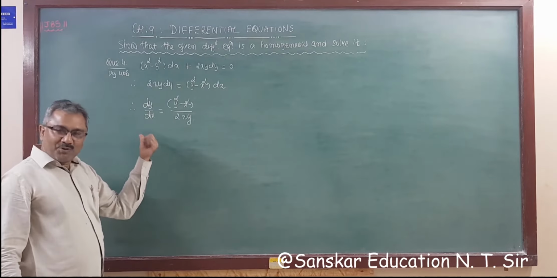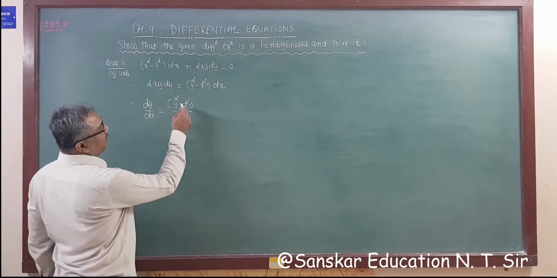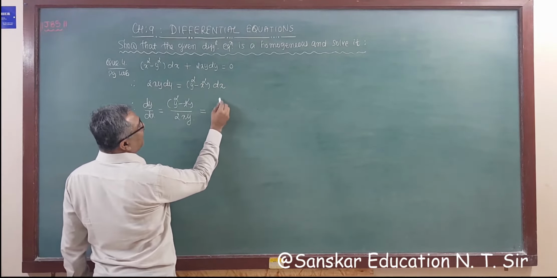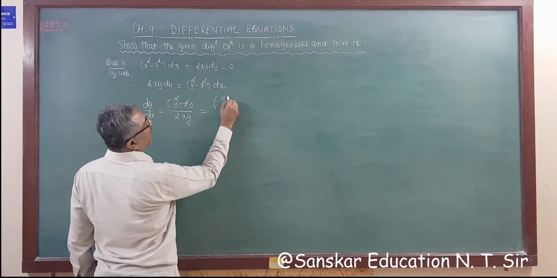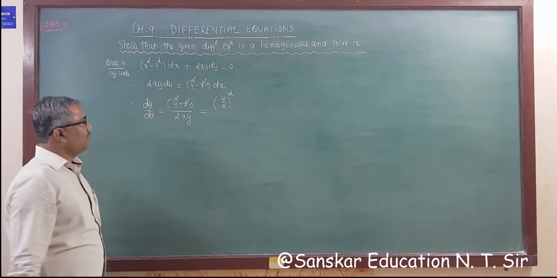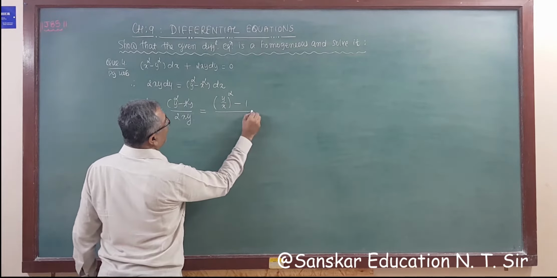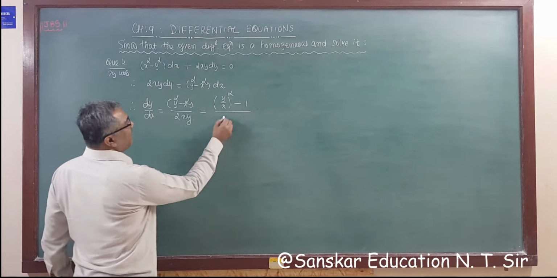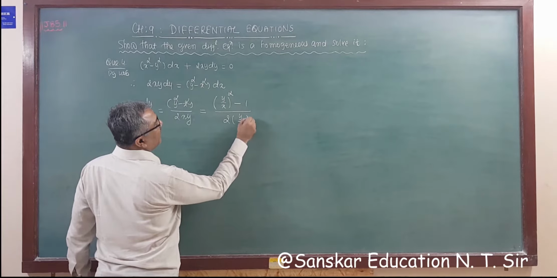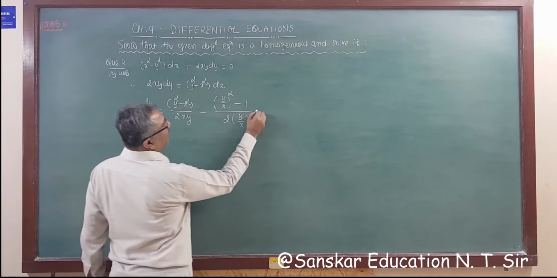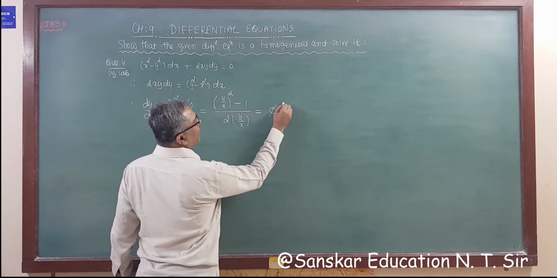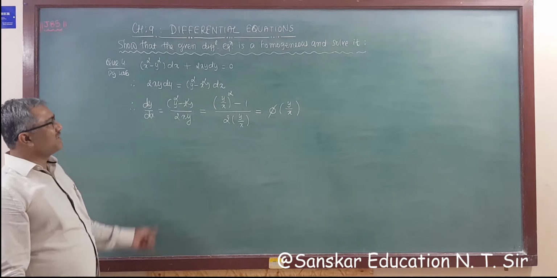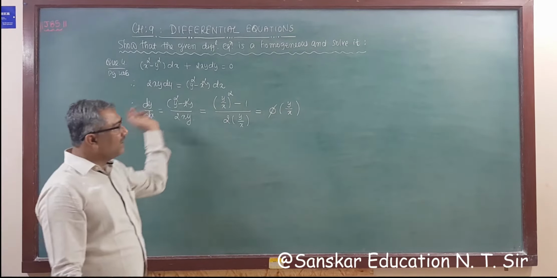So this is a homogeneous function, but we have to prove it. That means we have to take x square common from the numerator. So if we take x square common from the numerator, we get (y by x whole square minus 1) upon, we have to take x square common from here, that is divide by x square. So if we divide by x square, we get 2y upon x, right? So this is a function of the form phi of y by x. There is no lambda, there is lambda raised to 0, no x is there. So this is a homogeneous function with degree 0, right?